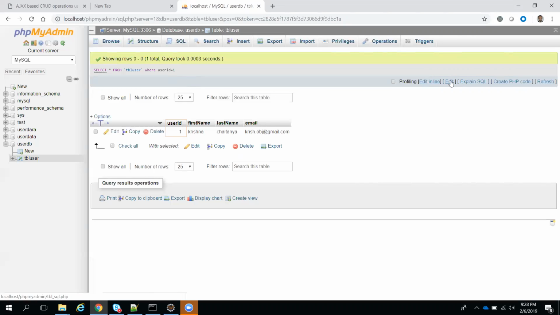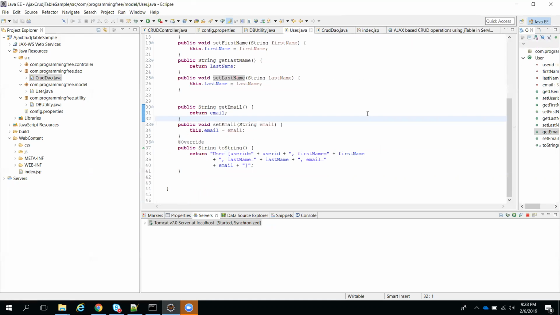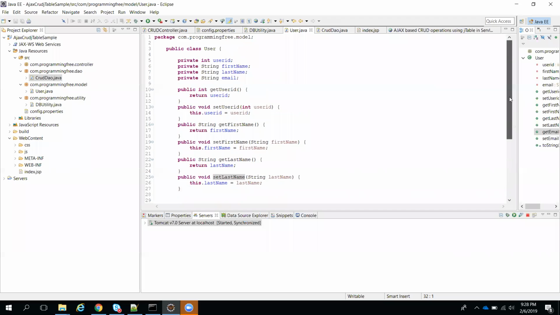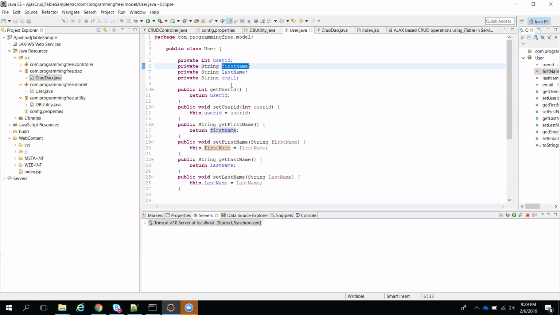Before that, I created this database and table, and I matched the column names. If you see the column names here, first name, last name, email, user ID, these 4 things should match with the DAO layer I showed you, right, you guys, user.java. See here, it has to match with these column names. User ID, first name, last name. We have 4 columns, right? Whatever your database columns are, they should match with this class's column names, because these are the columns we are displaying as our data. That's why whatever database column names we are using here have to match with that.